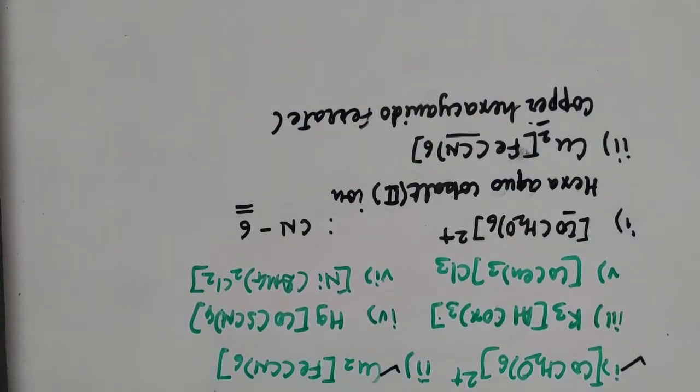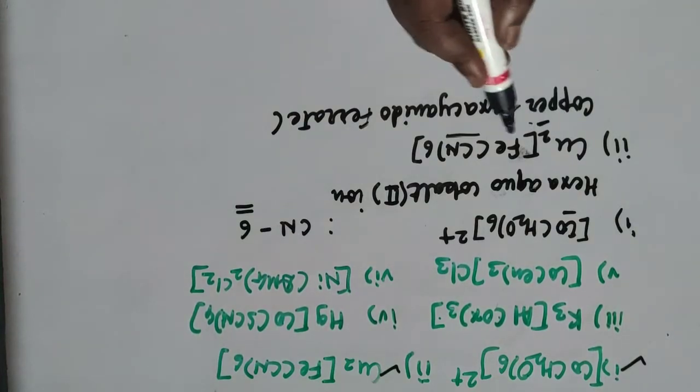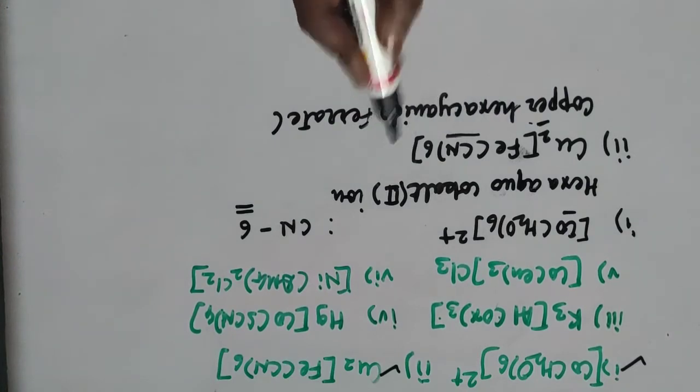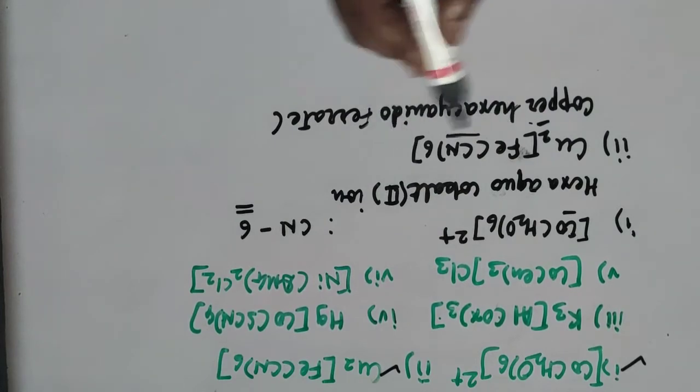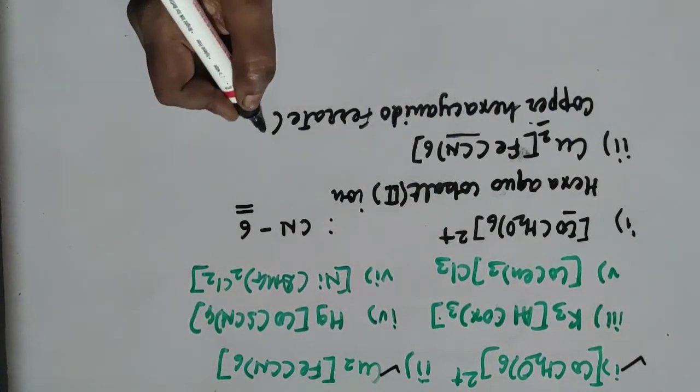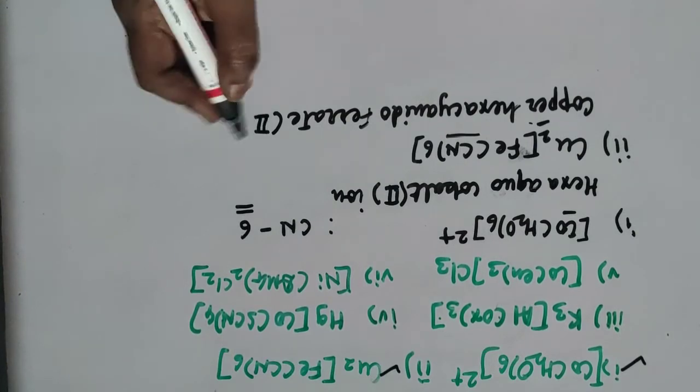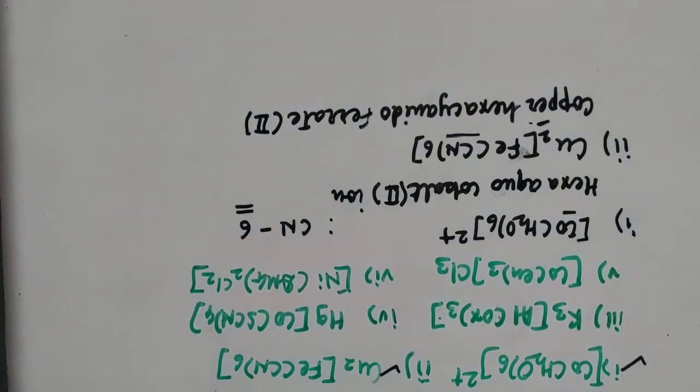What is the oxidation number in this case? For CN there is a -1 charge. For Cu there are +2 charges, 2 Cu2+ ions are there, so 2 twos are 4. For Fe, suppose it is X, so it is +4 plus X minus 6 is equal to 0. So +4 minus 6 is minus 2, X minus 2 equal to 0. So X is equal to +2, and hence you are supposed to write the Roman number 2 enclosed in parenthesis. So this is the name of your complex, copper hexacyanidoferrate(II).